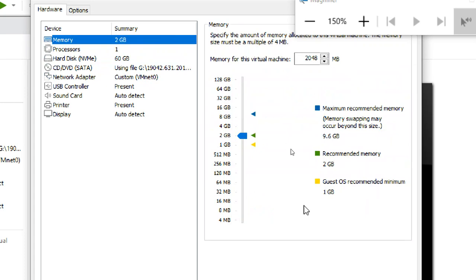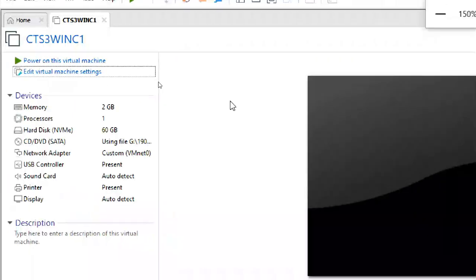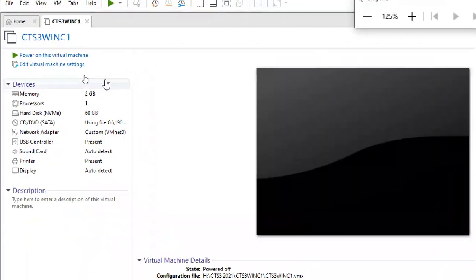Earlier it was 4 GB. Now I change it to 2 GB by setting 2048. Okay, now you can start your virtual machine.